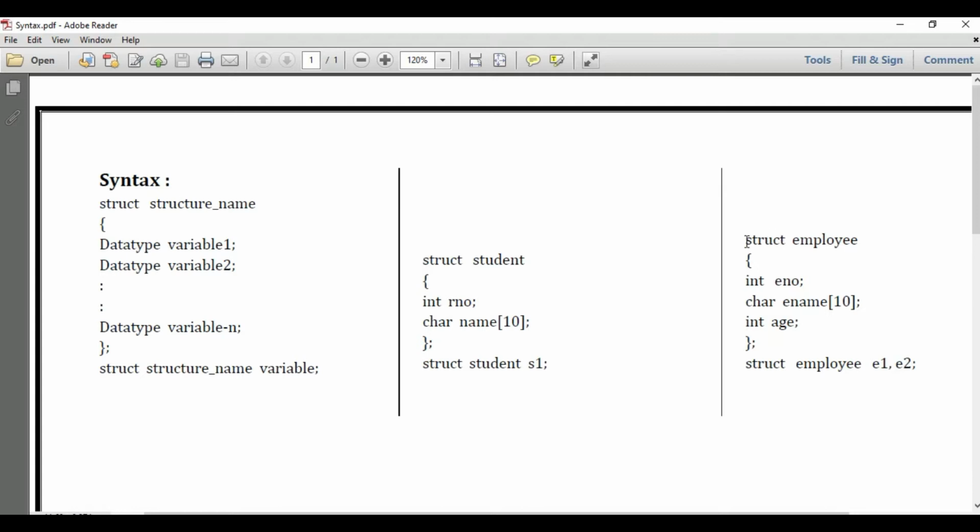If I want to store all this information for 3 employees, then I just need to create one more variable, E3, here. These are called the member variables and these are called the structure variables.